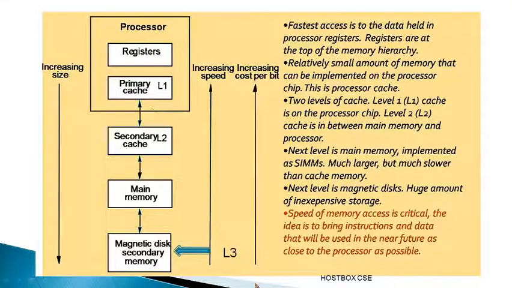It improves the performance of the computer, and moreover it always stores the frequently used programs and data. So frequently used programs and data are stored in the cache only. That's the thing about cache memory: L1, L2, primary cache, secondary cache. If we want to improve the performance of the computer, we need to take care of the cache also. And next is register.